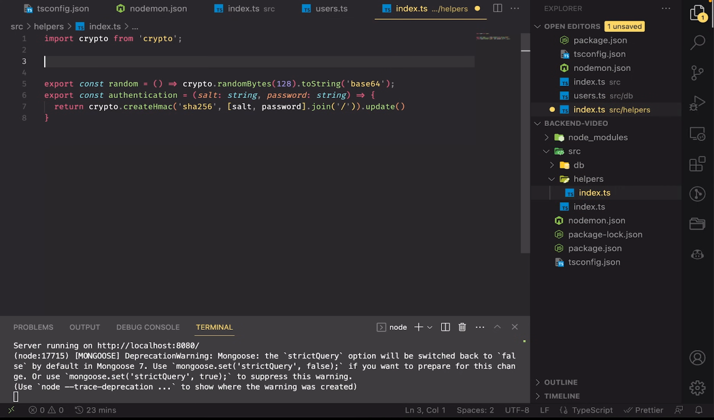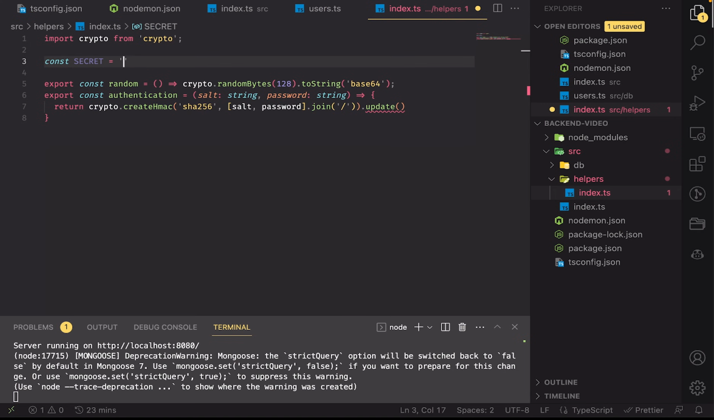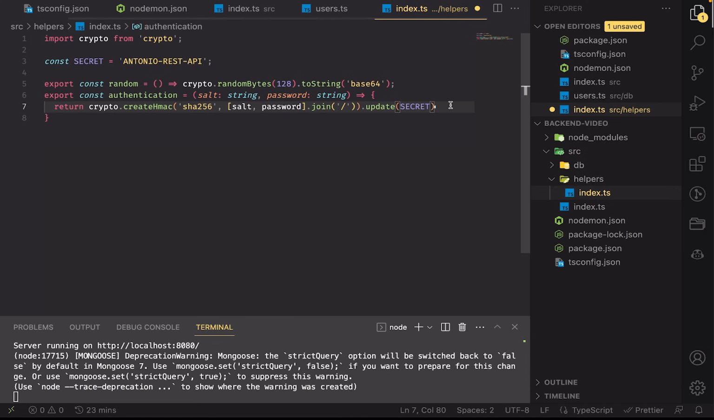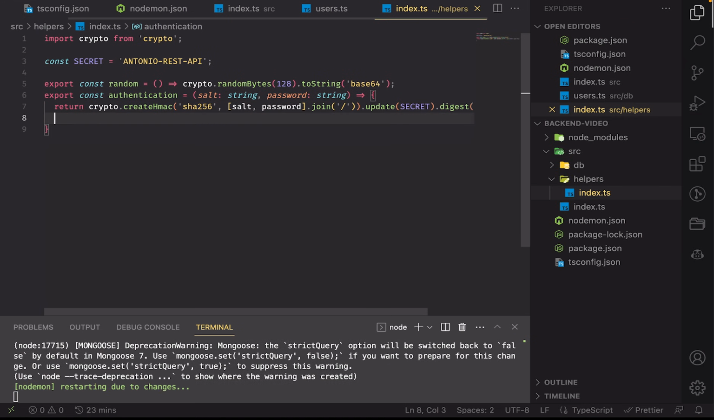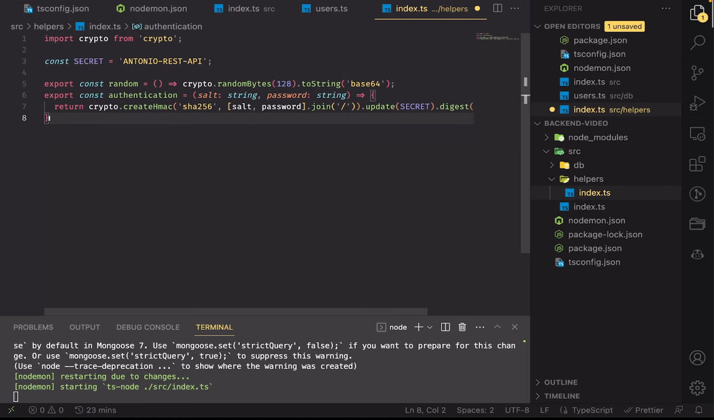We're going to define our secret up here. Const secret is just going to be something unique for your project. In my case, this is going to be Antonio REST API. Just like that. So make sure you update this with secret and then digest into hex. Perfect. We have created all the helpers we need